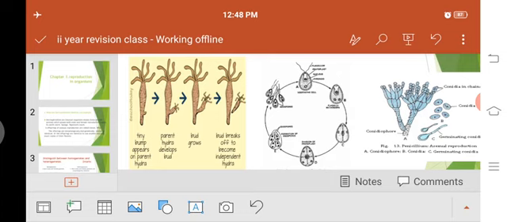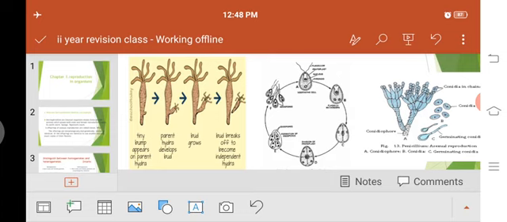Some organisms reproduce asexually by producing buds, and this process is called budding. Understood? Here you can see how the bud is formed and how it undergoes development, and once it has fully matured or attained its size, it detaches from the parent body and develops into a new entire organism. Hydra reproduces asexually by producing the asexual reproductive structure, that is the bud.